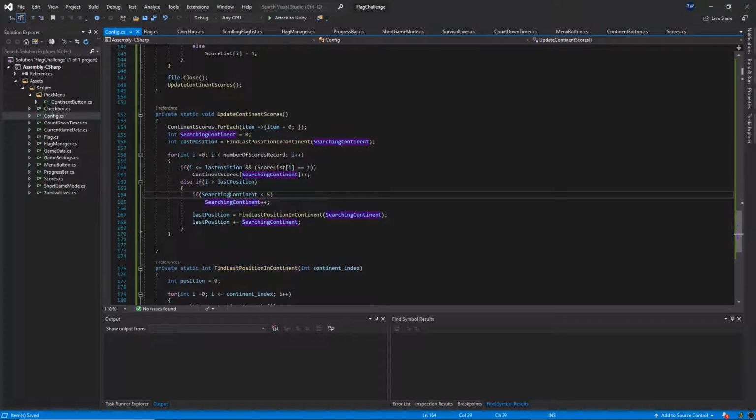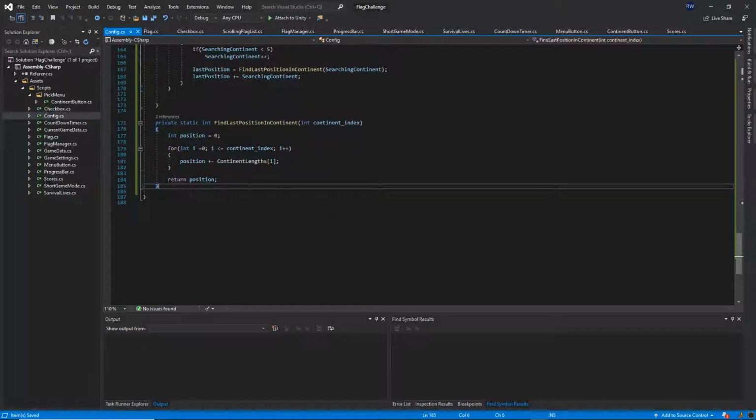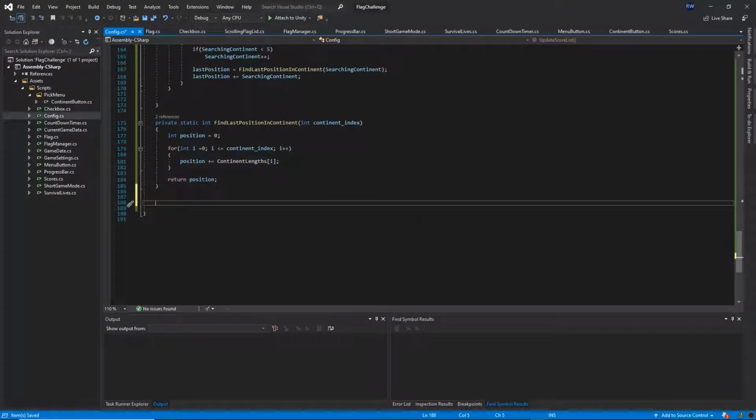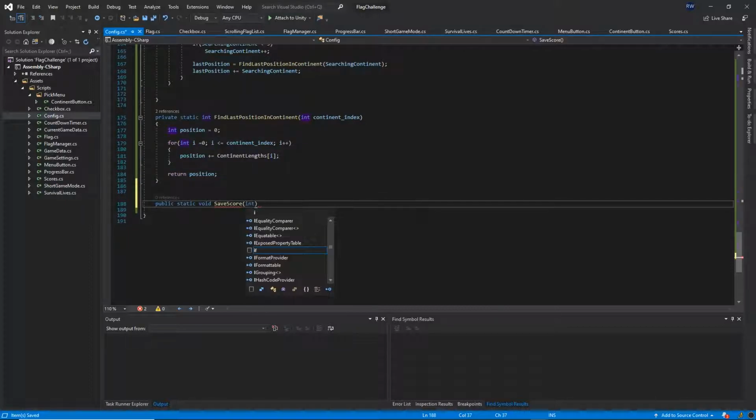Okay, so that's it. So we are updating our continent scores here. Then the next function we need to do right at the bottom, we need to actually save the score. So when we're playing the game, once we guess the flag, we want to save the results. So this is going to be public static void save score, and then we want to pass int